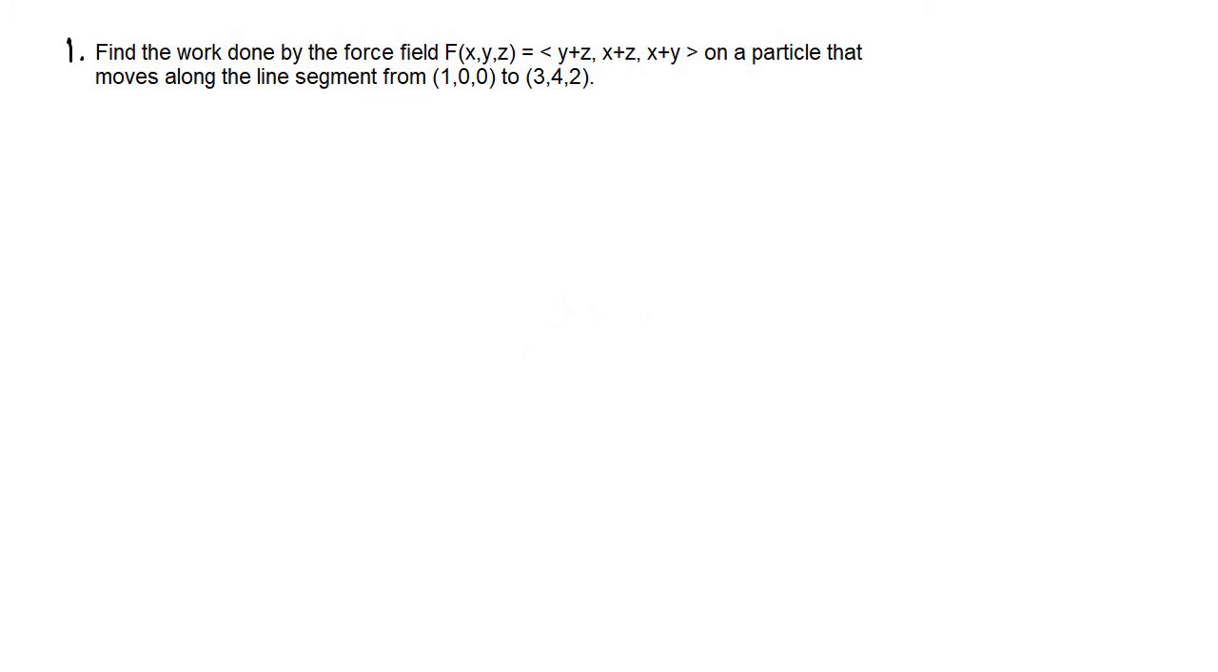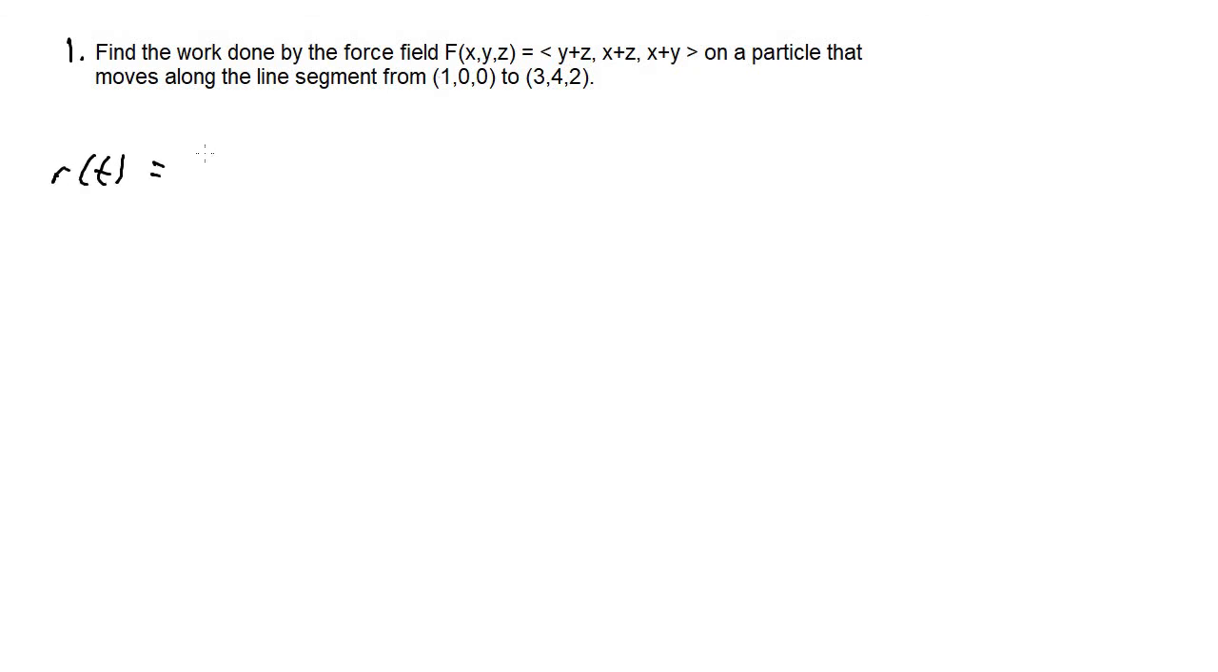For this next problem, let's find the work done by the force field f of x, y, z equals, in component form, y plus z, x plus z, and x plus y, on a particle that moves along the line segment from (1, 0, 0) to (3, 4, 2). We already have a vector field here, but we need to find a vector function r of t. Once again, we have a line segment that connects 2 points, so we can use the formula